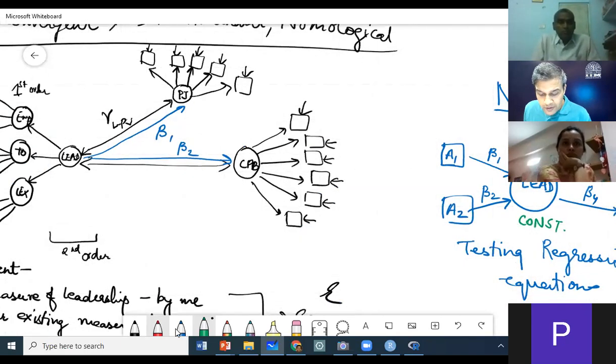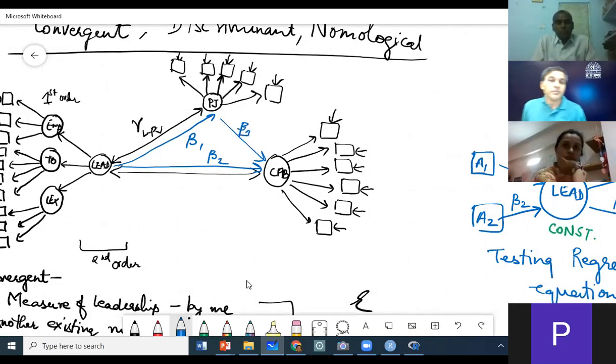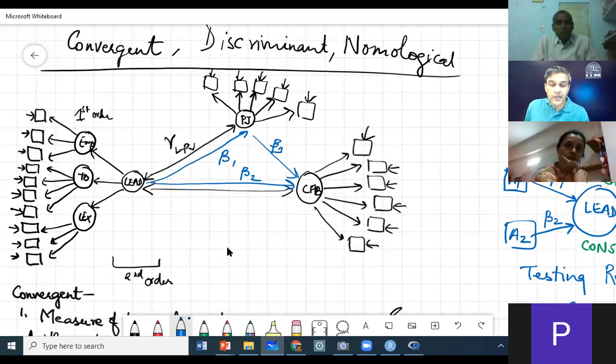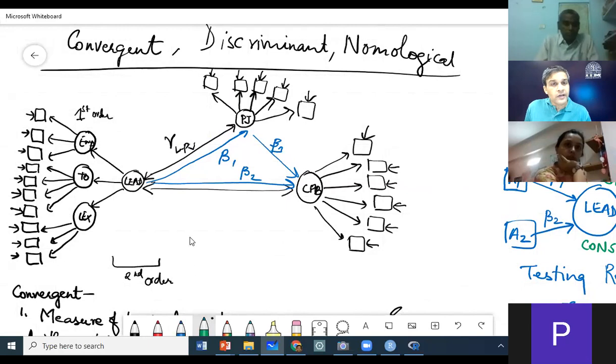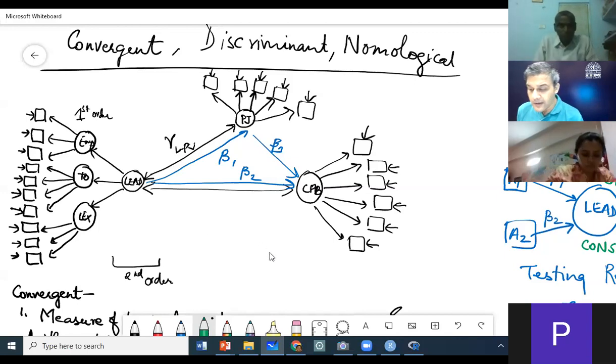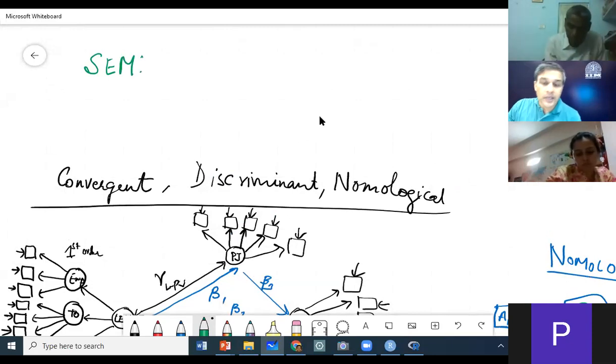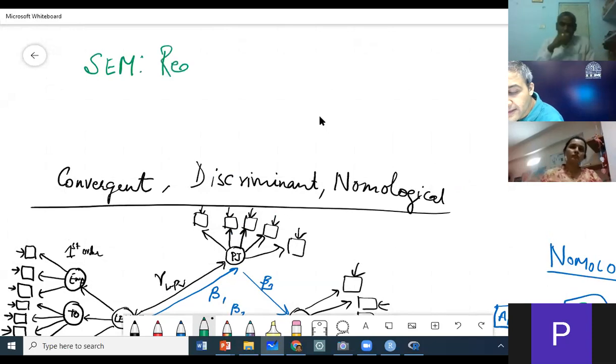So what we will do, the last thing is we will test all of these relationships, beta 1, beta 2, beta 3, right? And that is what we do. And you would have heard, this is exactly the benefit of structural equation modeling. CFA is a part of structural equation modeling. Structural equation modeling is nothing but, okay, let me come to what we mean by structural equation modeling. Structural equation modeling is nothing but regression analysis.